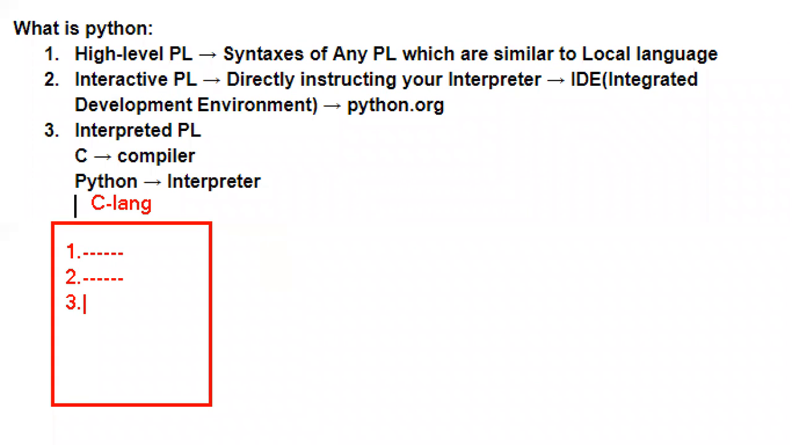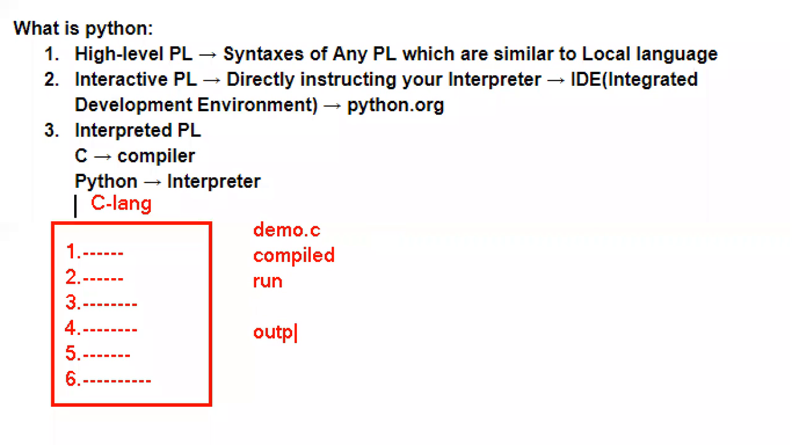I'm mentioning the lines with numbers. You just don't bother about the code; whatever I'm writing, I'm giving just dashes here. This is my C program. I saved this program as demo.c. After saving it, I compile the code and then run the code. Then I'll get output on the screen, right? So when I get this output on the screen,